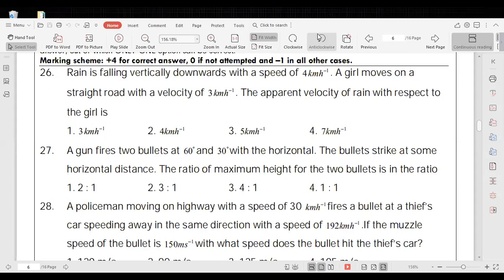If you simplify, 6 3s are 18, so 32 into 5, 160 by 3. It is the velocity of the thief. Therefore, now from the earth when you see, with what velocity does the bullet travel in this direction? So velocity of the bullet with respect to man is equal to velocity of the bullet minus velocity of the man.